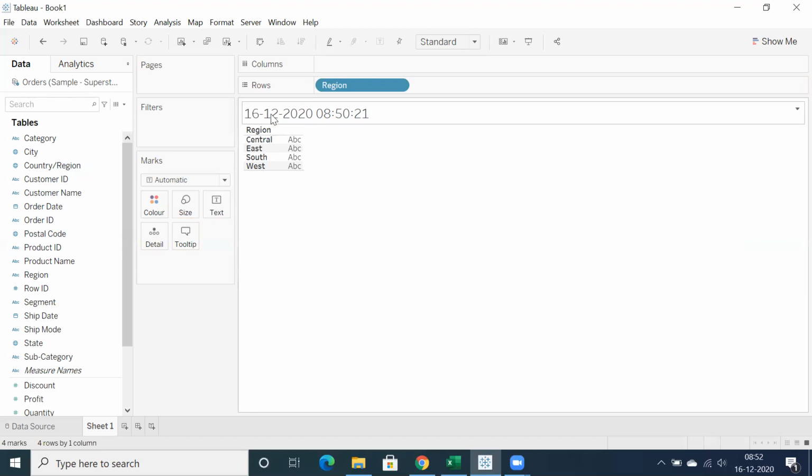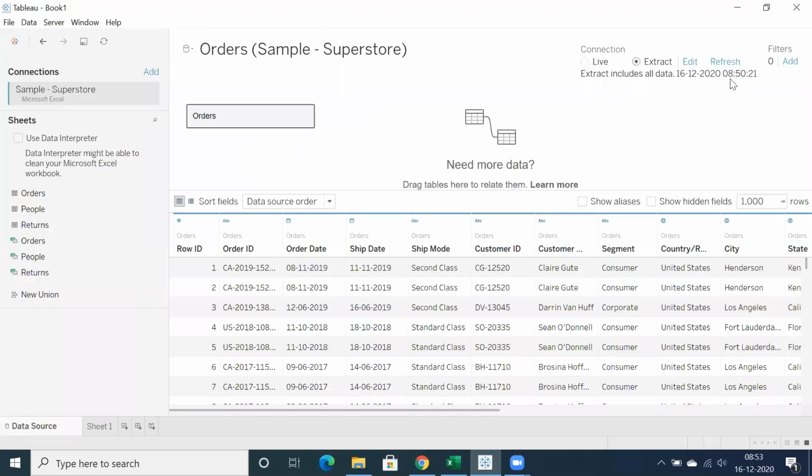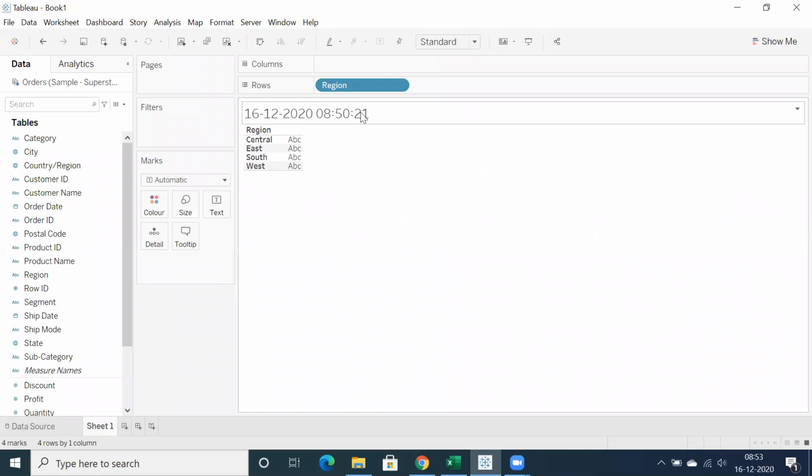You can see December 16, 2020, 8:50:21. So you can go back to the data source and check, 8:50:21 seconds.